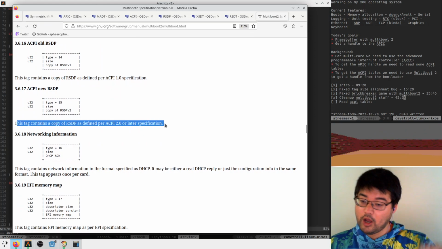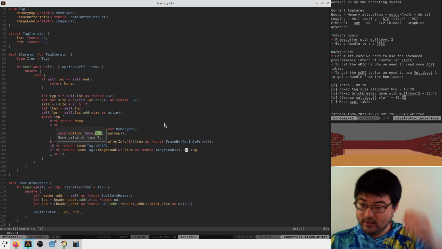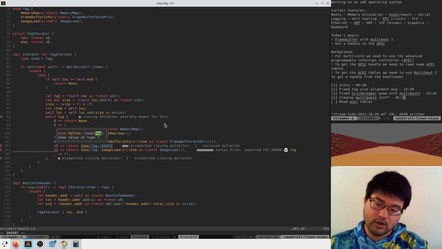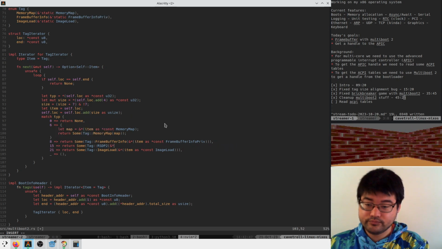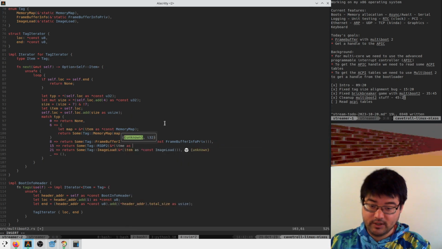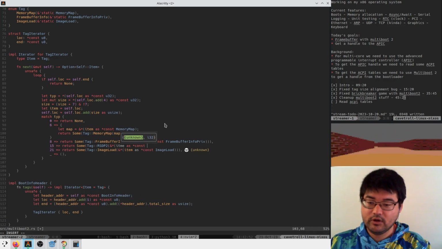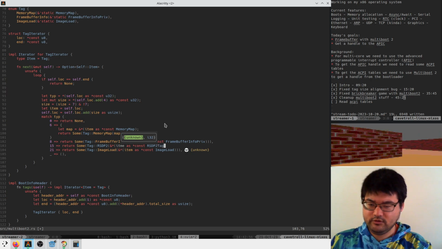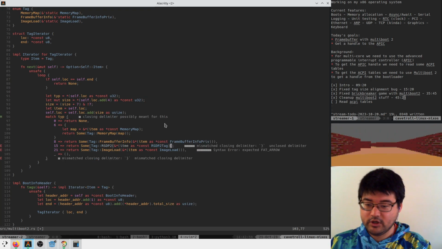Which is going to have a whole copy of the RSDP, not RDSP. So here we're going to have item as const RSDP2 tag. Probably is a good name for this.